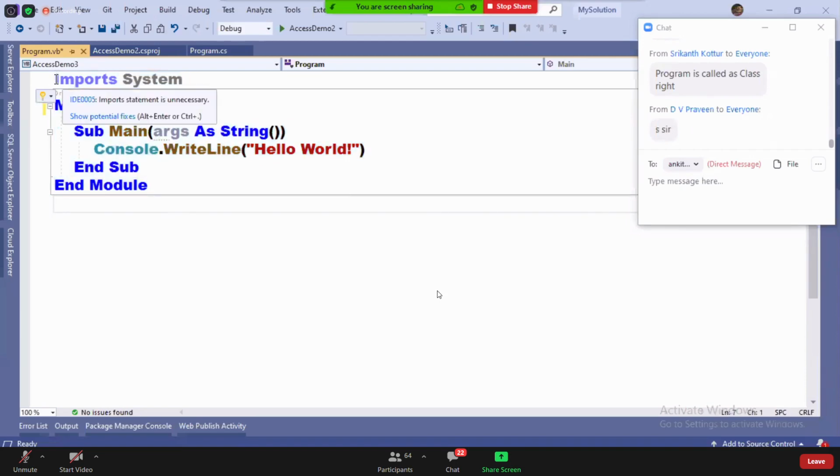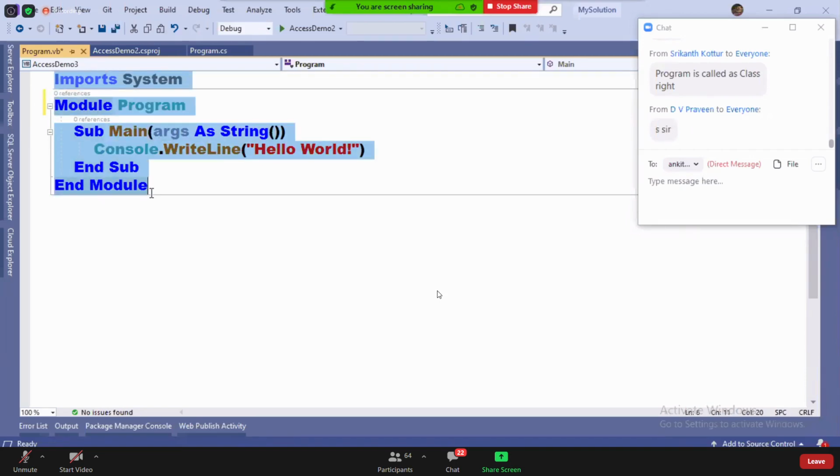Basically, we don't have anything called modules in C#.